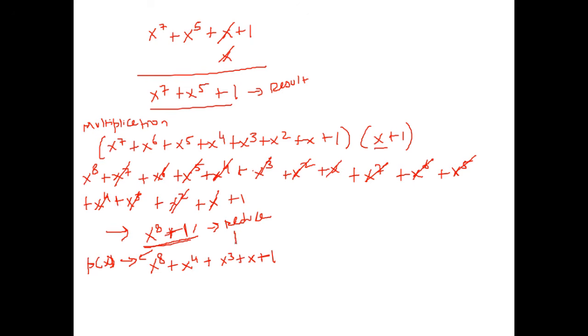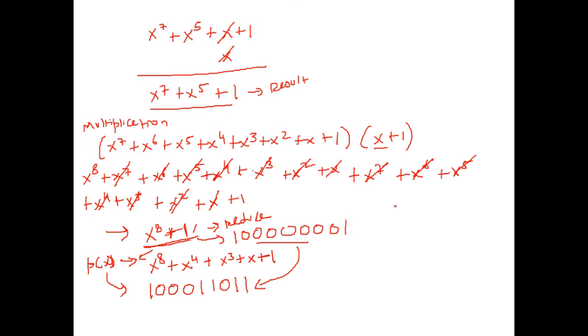So we have x power 8, x power 7 is missing, x power 6 is missing, 5 is missing, 4 is missing, 3 is missing, x square is missing, x is missing, we have a 1. So this is the binary form of this. Likewise, we will write the binary form of this. So x power 8 is there, x power 7 is missing, 6 is not there, 5 is not there, 4 is there, 3 is there, x square is missing, x is there, 1 is there. So this is p of x, this is the polynomial. We are going to take this one and divide it by this one.